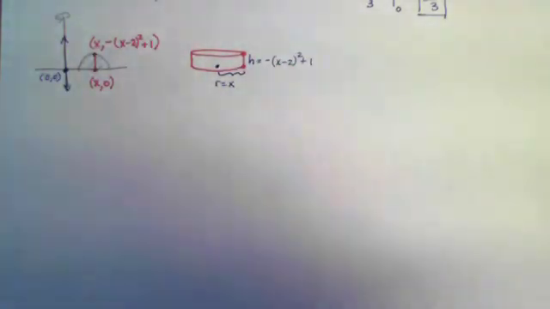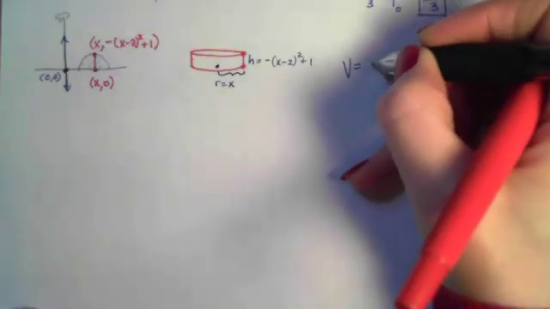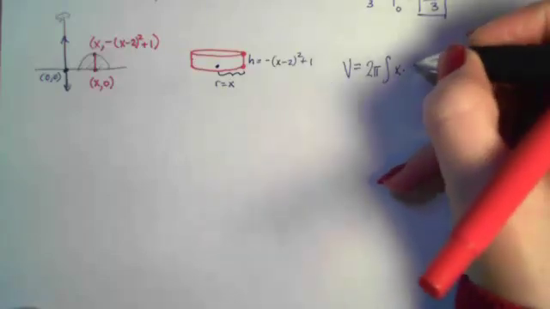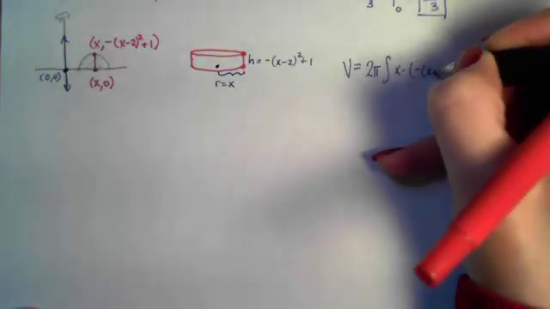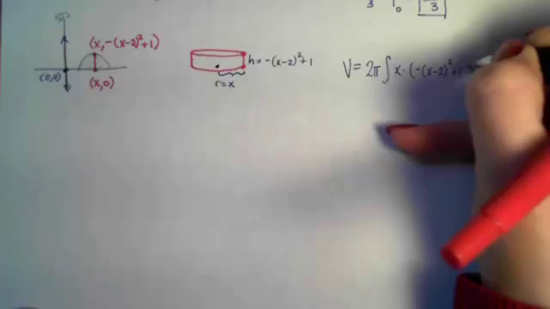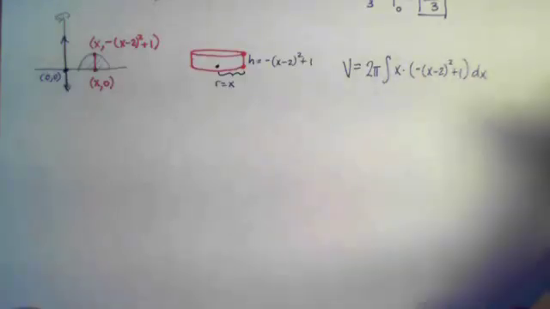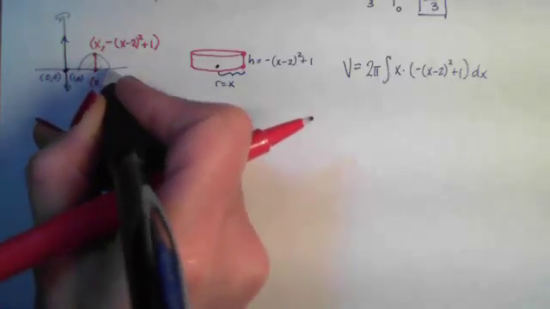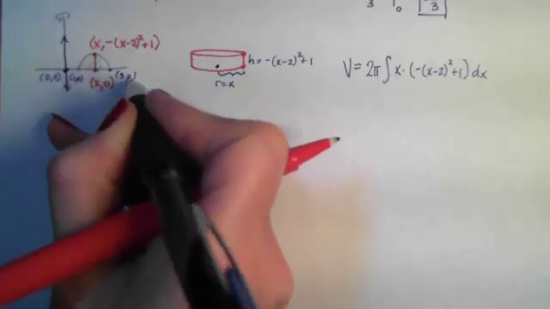So I can now set up my volume, which will be 2 pi this time, times the radius times the height times dx,